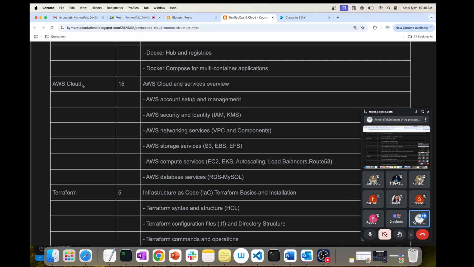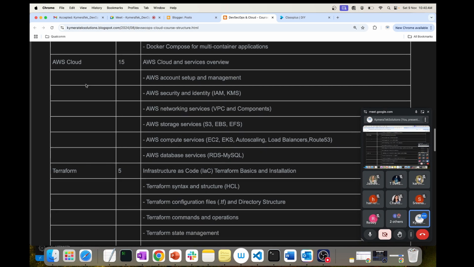There are some areas where you can see on premises rather than cloud. But again, if you can learn cloud, you can apply those same terminology or same technical things to on premises as well.